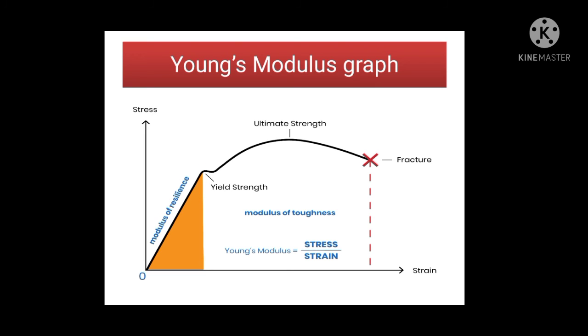and after that, you can see there is an ultimate strength, meaning if we increase the load, then the strain increases, that is the length increases till a certain point, but after that the length doesn't increase, and at some point it gets fractured as shown in the drawing. So in Young's modulus, stress is directly proportional to strain till this yield strength. After that, there is no direct relationship between stress and strain.